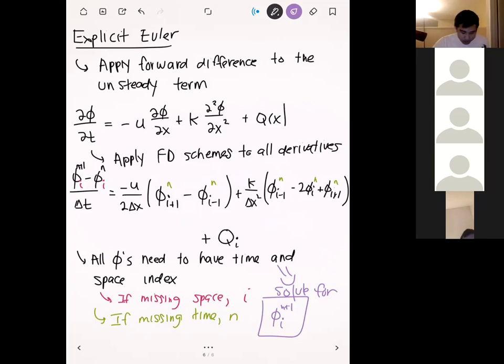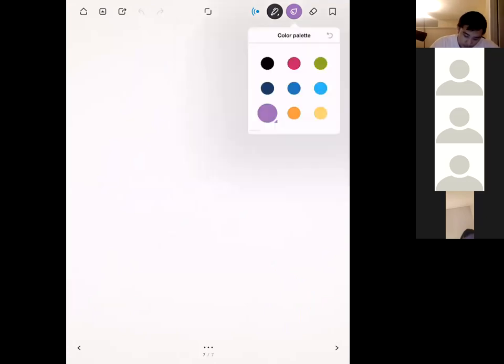Okay. And so on the next page, I'm going to take this equation here. I'm going to multiply both sides by delta t, to get delta t out of this denominator, and then I'm going to add phi i n to both sides. Okay. All right. So let me go ahead and do that. And so if we multiply both sides by delta t and we add phi i n to the other side, we have phi i n plus 1 is